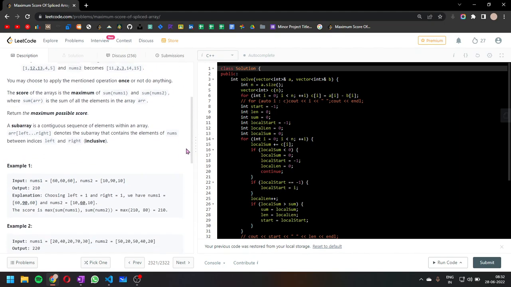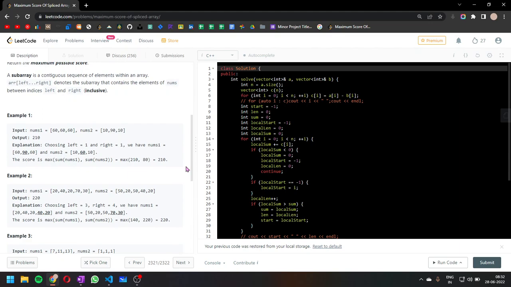What we want is, after swapping, to maximize one of the arrays, either one, and return the sum of that array. So in this example, if we swap the second element, the first index, 60 in nums1 and 90 in nums2, we will get 90 60 90 60 90 60.